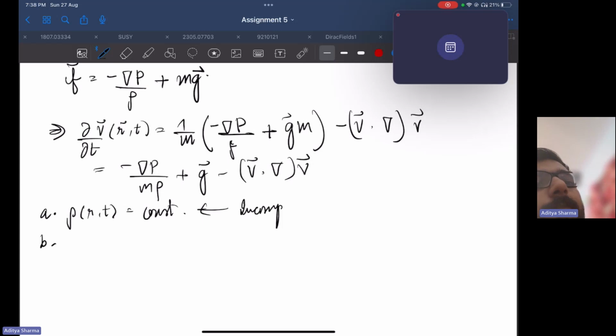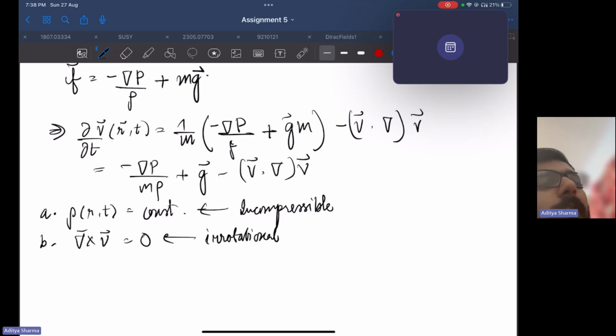Incompressible, curl of V being zero, irrotational. That means V can be written as some gradient of some phi potential field, some potential field whose derivative gives the velocity. It's these two things which we are going to assume. And we are going to solve for